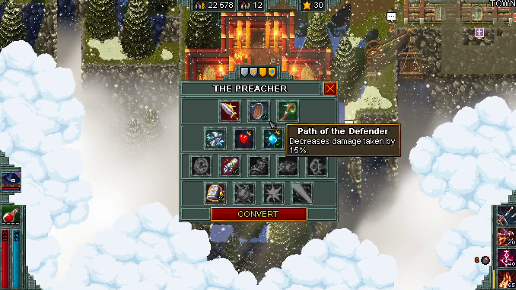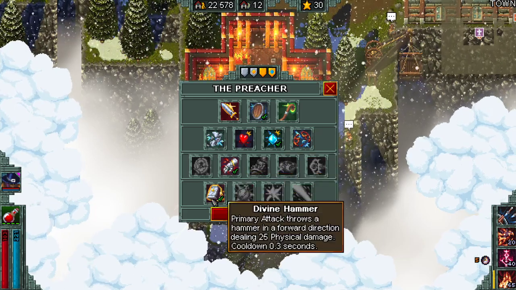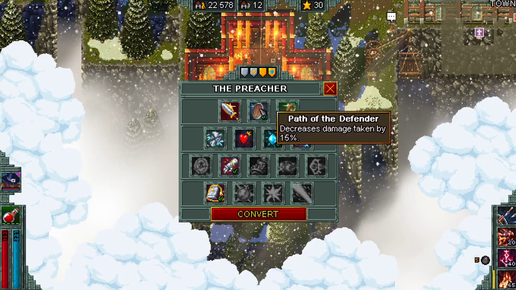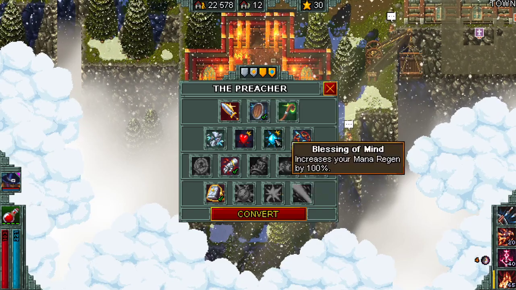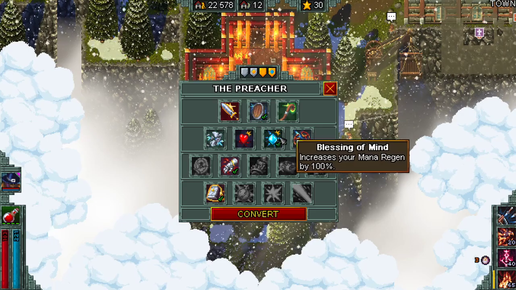After that, I'd pick up Blessing of Mind, and then Symbol of Essence and Divine Hammer. I just like this setup. So Path of Defender, you're always going to want to take less damage. As far as the mana goes, I want to be able to use Fanatic Hounds. Eventually, you'll have enough mana regen from just having your Sorcerer NG titles that you can shift away from this